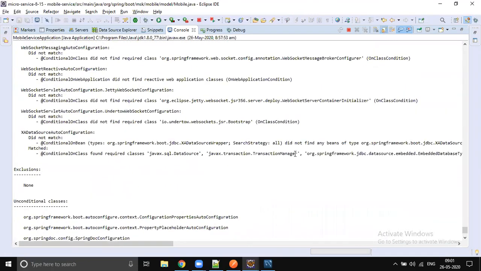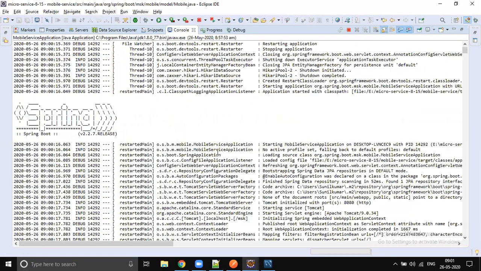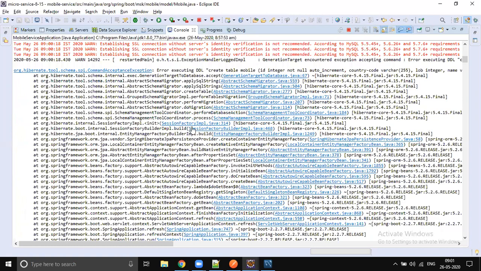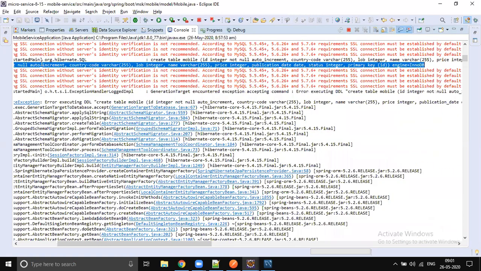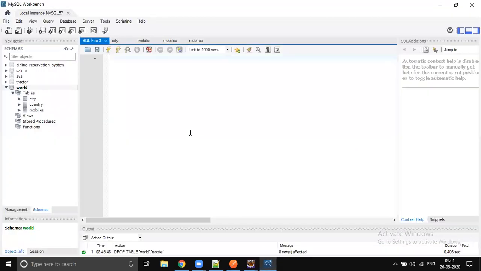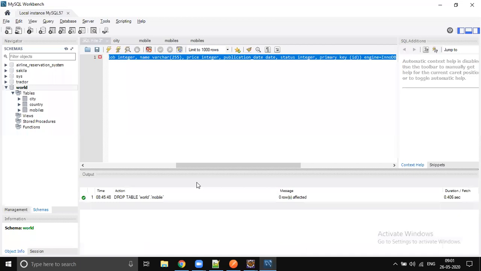Let me check the exception one more time. So the query is generated properly. If I just copy paste this into MySQL, I should get the same exception because that is an SQL exception. Right?